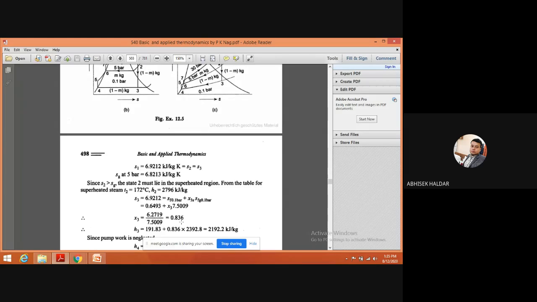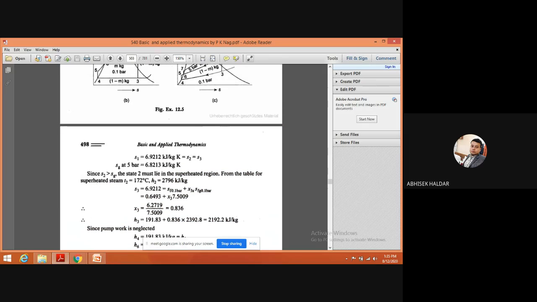They are getting 0.836. I suggest that this calculation of dryness fraction, you can do it from this equation, a very simple equation. And this SF and SFG, you can get from the steam table very easily, corresponding to this 0.1 bar. That is why I am telling you, you can go for the Mollier diagram directly also, but here you can get a more accurate value. Okay, can you see this? Here you can get a more accurate value. That is my point only.